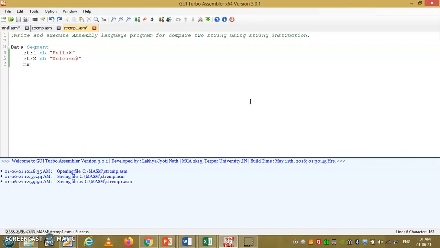The message 1 for the displaying, this is 10,13 for the new line. This message tells whether the strings are equal or not, right? So the first message is strings are equal, dollar, double quotes.